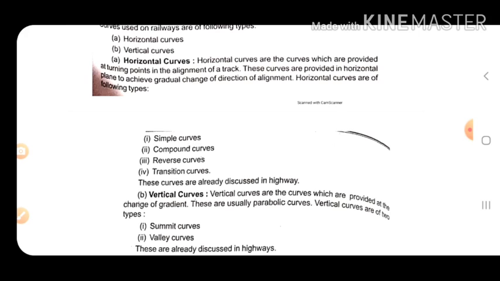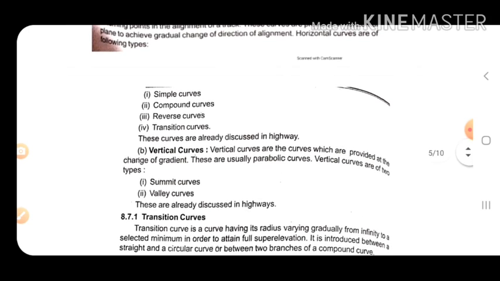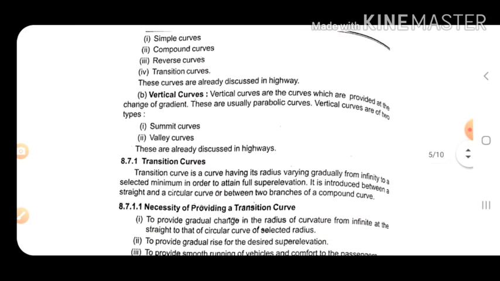Horizontal curve is divided into 4 types: simple curve, compound curve, reverse curve, transition curve. This curve was already discussed in highway also. Highway vertical